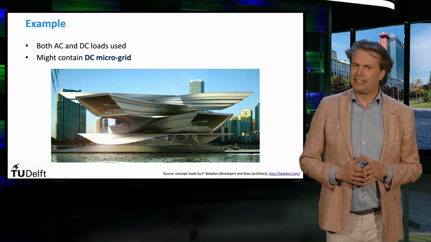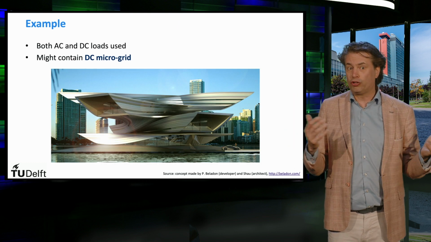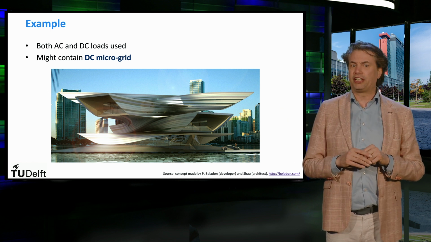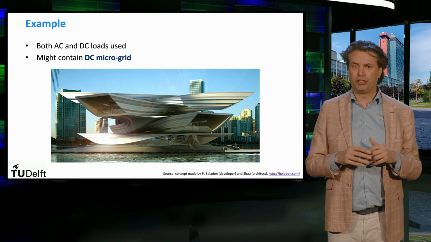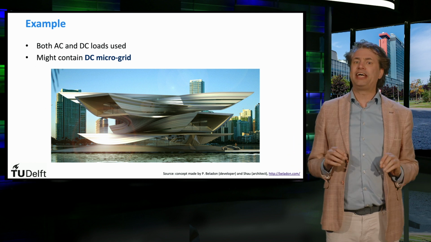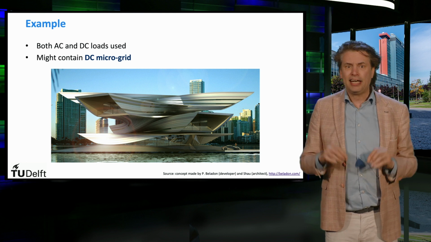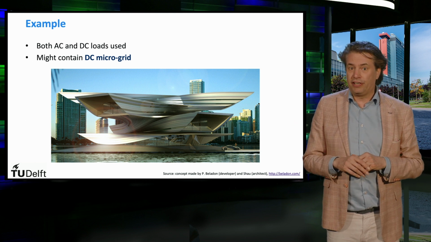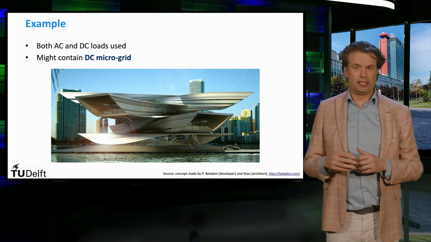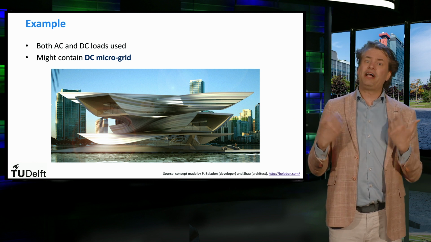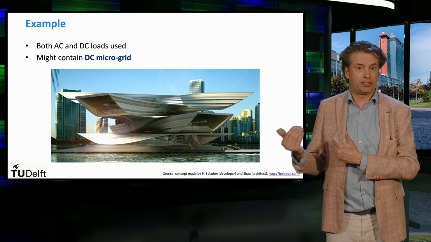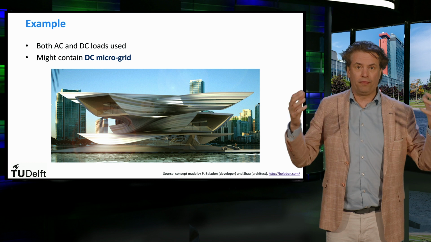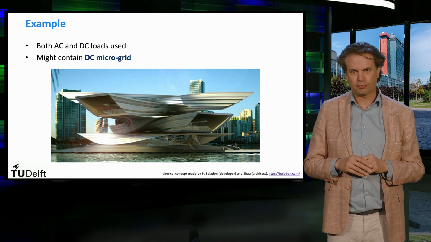An example of this system is the design of innovative hotels or concept buildings. These buildings use all kinds of renewable energy technologies such as wind, tidal and solar energy. The structure might contain a DC microgrid in case the owner wants to use only DC loads, for example, televisions that are directly working in DC. Then, if needed, the building can also have a connection to the grid. The bottom line is that the system can become more or less complex, depending on the final applications.